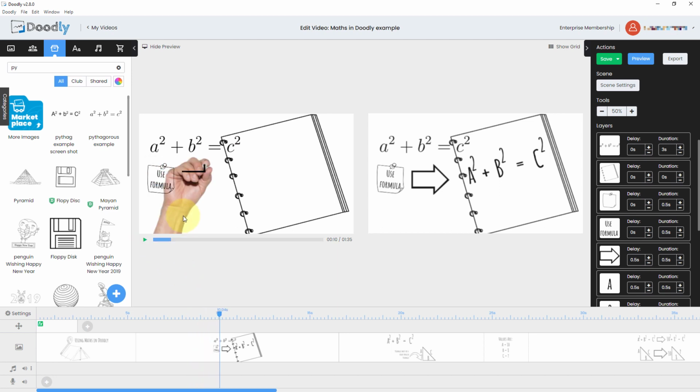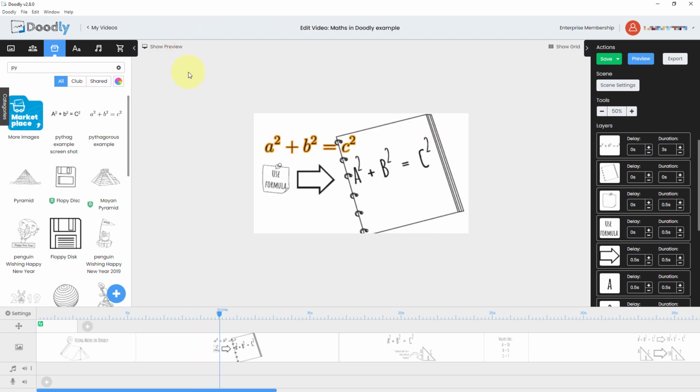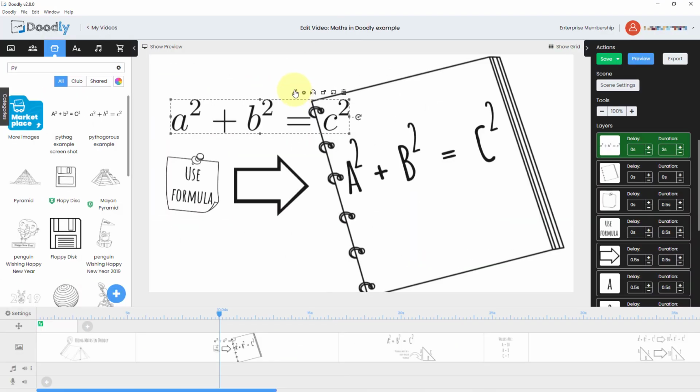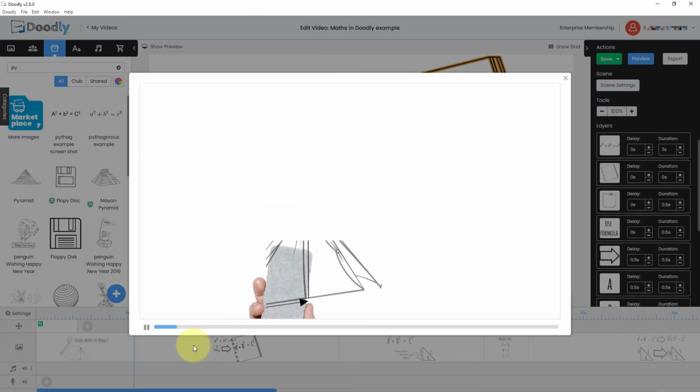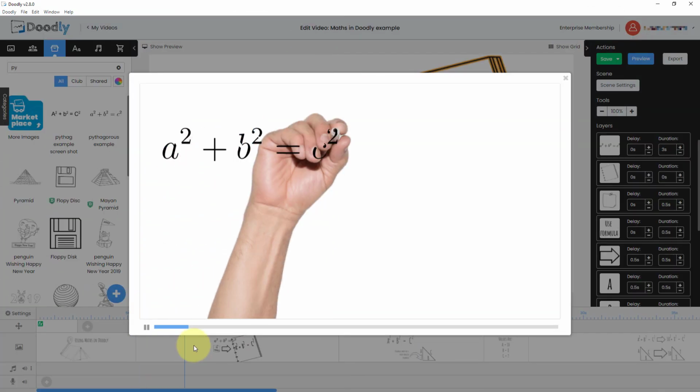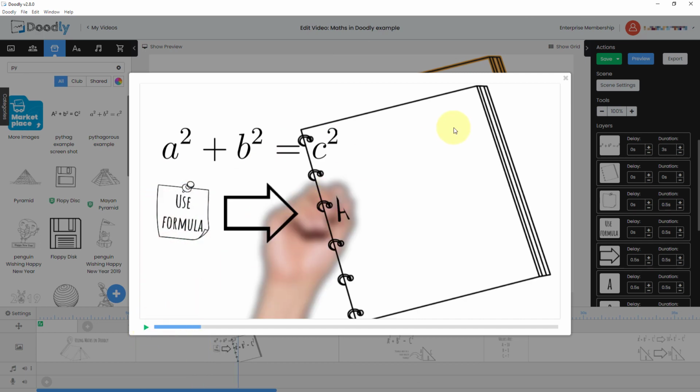You can see one of the problems you have is it's drawn in like an image, and that isn't particularly useful to us. That doesn't look particularly authentic. So one thing you can do is go and edit the path. The problem you have is it's a very small image, so it's actually really difficult to edit this path and do a drawing-in path, because the image is so small. You can see if I do this, it's really tricky to draw this in properly. Even though I can rearrange the size, it's very small. That's okay, but it's not very good.